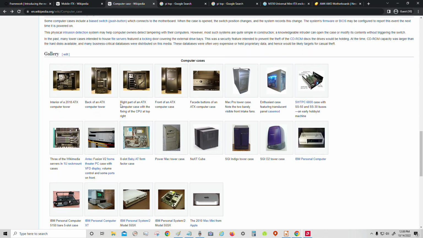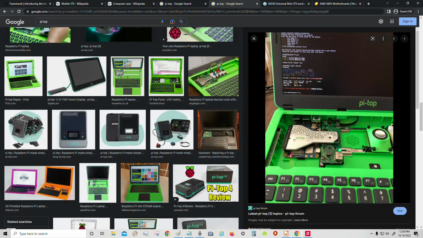Anyways, there's lots of different cases, and there's a huge community of PC builders. If you go to overclockers.com, there's a forum there, and there's tons of people that know how to build computers. So obviously, it's not a small percentage of computer users, but it's also not a huge percentage. There are people who know how to build them. It's nothing new. But what I found interesting is that there aren't many laptops that actually try to design something.